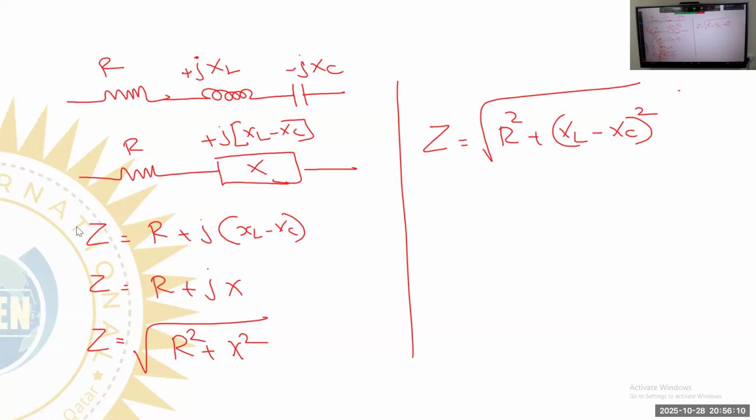So this is the formula to calculate the impedance. Z is equal to root of R square plus (XL minus XC) the whole square. So again I rewrite it for the RL circuit, Z is equal to root of R square plus